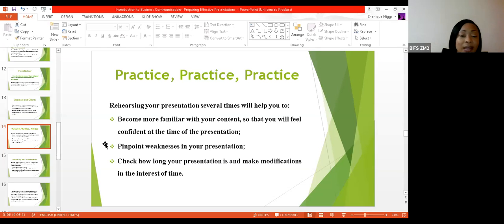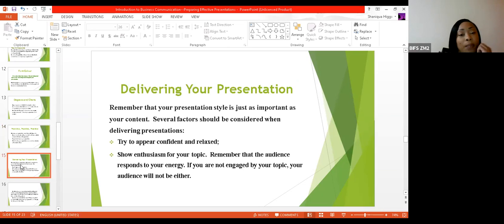You figure out if there are any weaknesses, things that need to be eliminated, information that's not relevant, or information that is relevant but has been left out, all right? And you get more comfortable with your content the more you practice. And so the importance of practice cannot be overestimated. And then